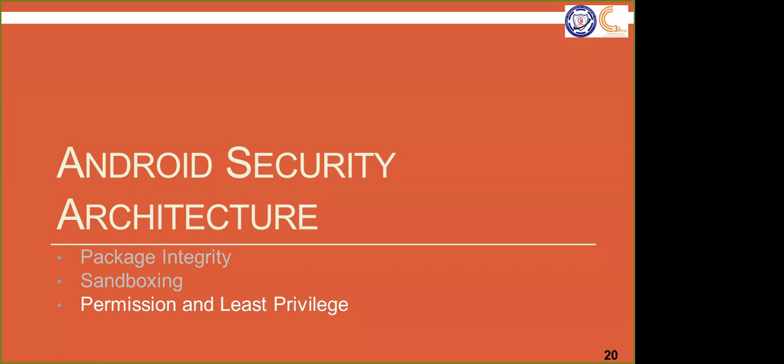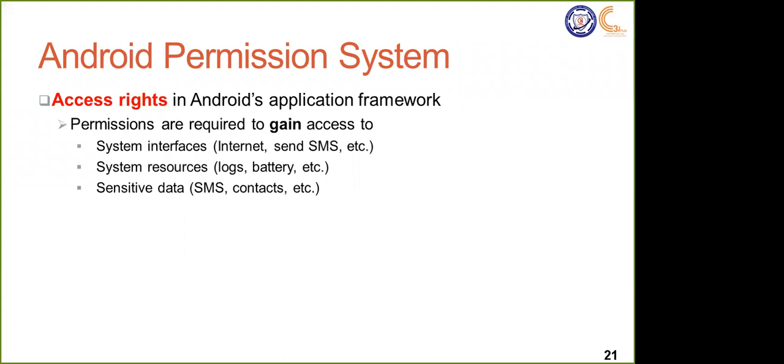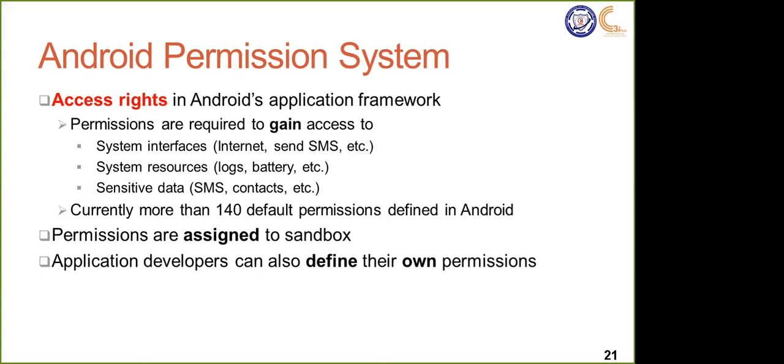And there are the permissions. We are generally speaking more about these permissions regularly. In the Android permission system, access rights are provided based on the application framework. Permissions are required to gain access to system interfaces like the internet and send SMS, system resources like logs, battery, and power, and also sensitive data like SMS, contacts, and some other information. Currently, more than 140 default permissions are defined in the Android operating system, which are assigned to a sandbox. Also, application developers can define their own permissions to protect their resources from being accidentally accessed by other